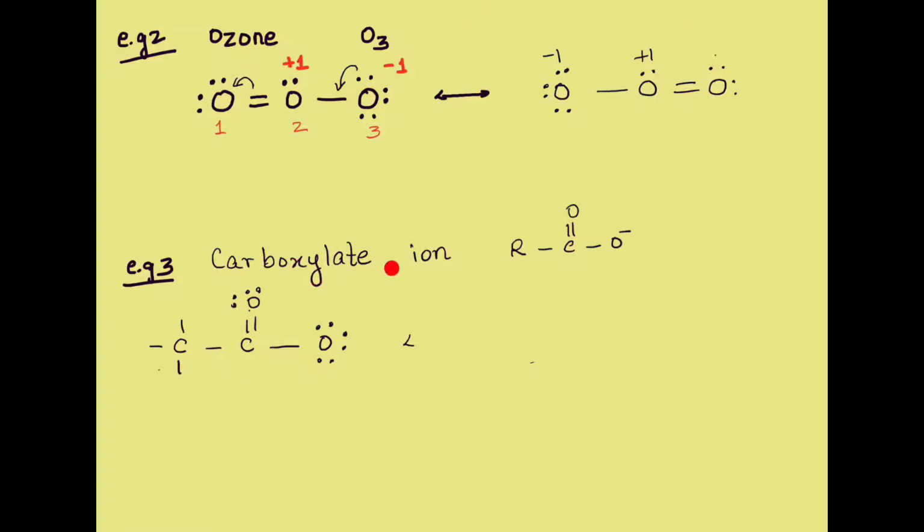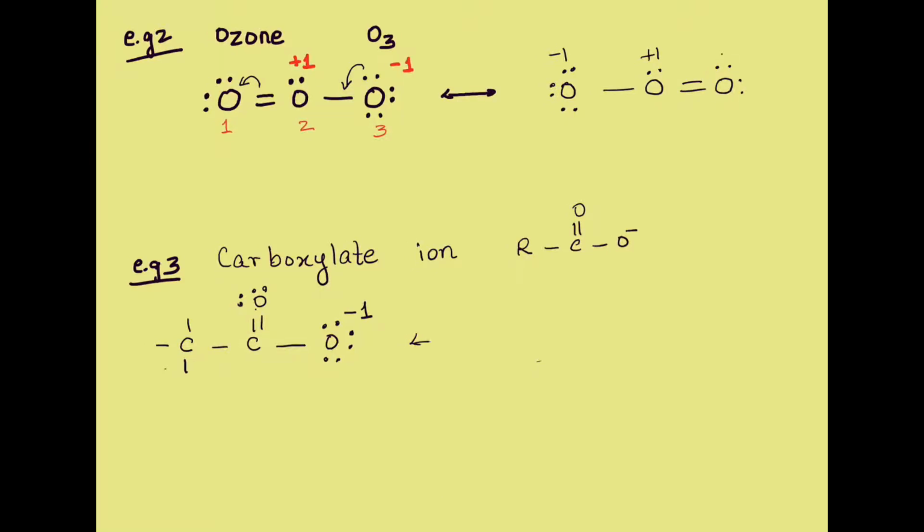Now I'm using the word species because that could be a molecule, that could be an ion as well. So for example, in the case of carboxylate ion, why don't you try and draw the resonance structure of the carboxylate ion? Half of it I have already drawn, but it's still not complete. So you see over here, oxygen has formed only one bond. So it's a -1 here. Go ahead and draw the resonance structure. See the pi electron cloud and the lone pair. What will happen? This I'm leaving it as such over here.